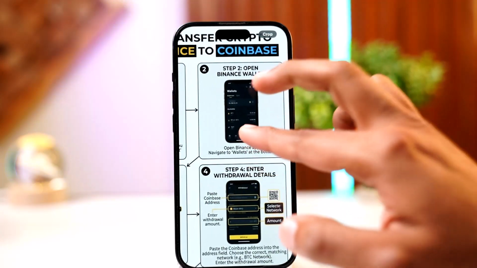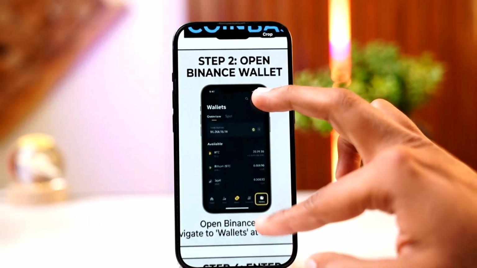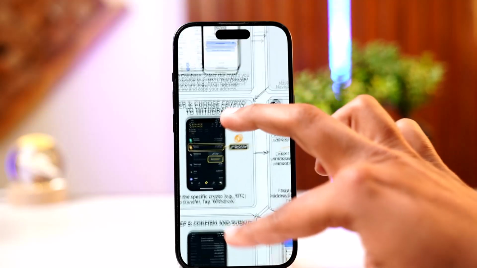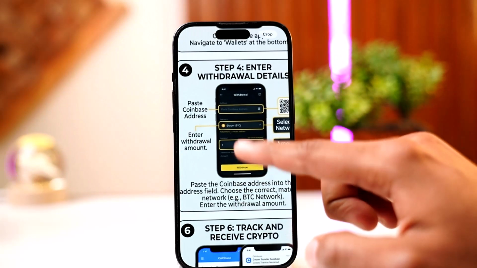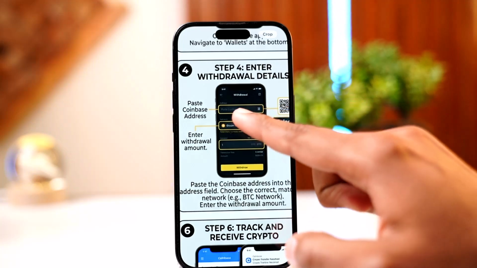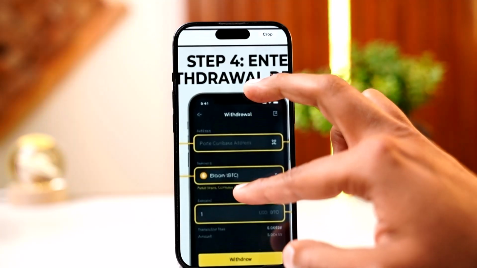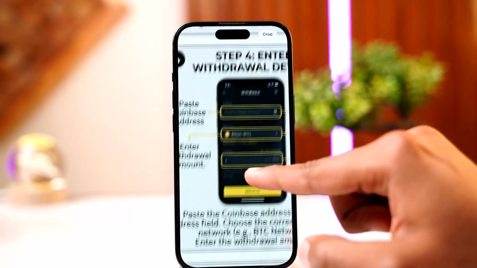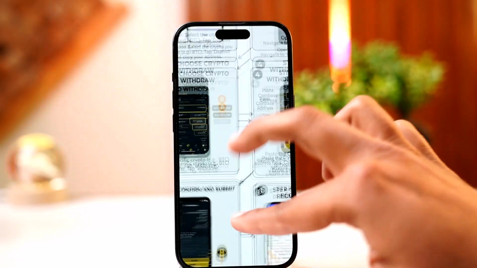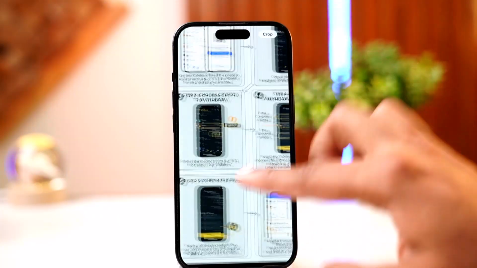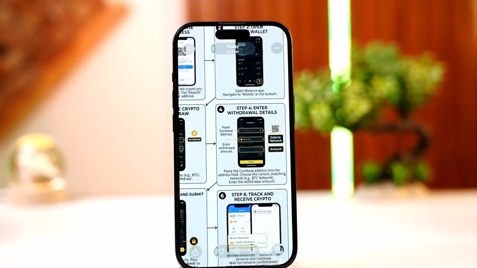Once you've done so, all you need to do is open your Binance wallet and then simply go ahead and choose the crypto to withdraw. Simply tap on withdraw and then paste the Coinbase address in the address field that it is asking for at the top, and then simply enter the amount that you want to transfer. All you need to do is simply go ahead and confirm and submit, and you can track and receive your